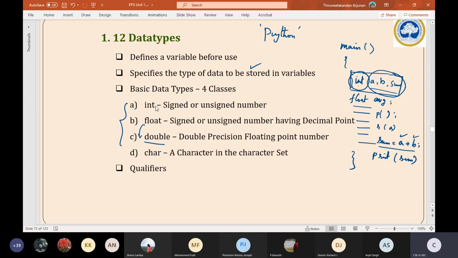Look at here. There are some variations of this integer. Up to now, what I have told, integer means round value. Okay, a comma b, like that. So in a I can store a 5. In b we can store a 7. See, now it doesn't have a